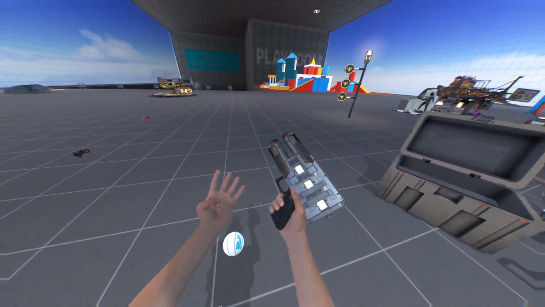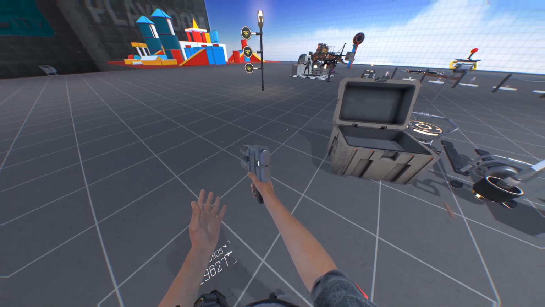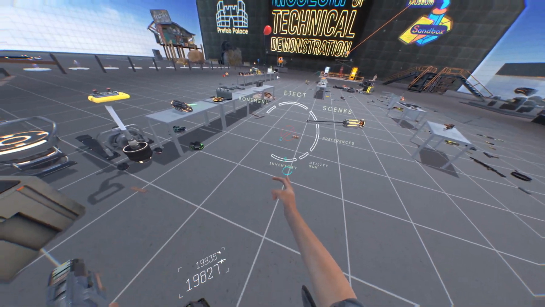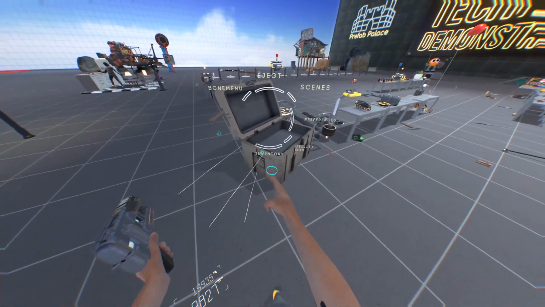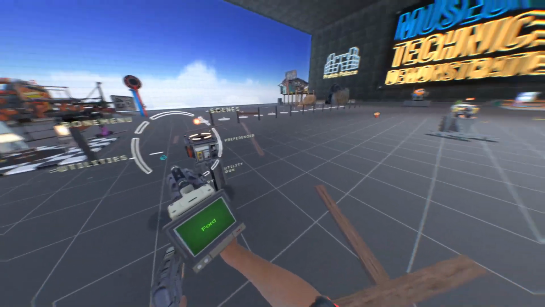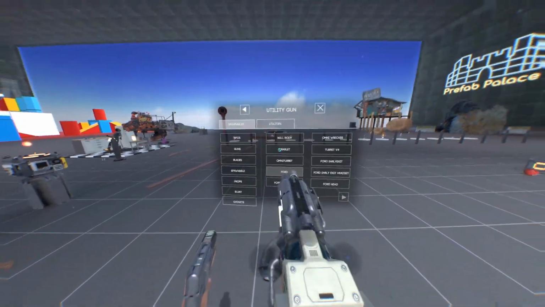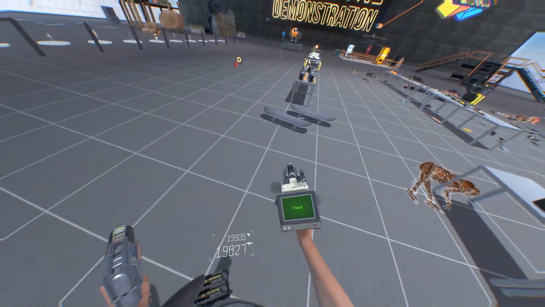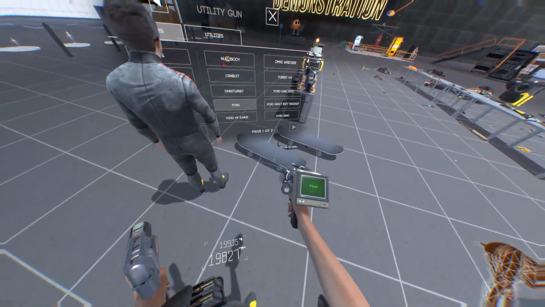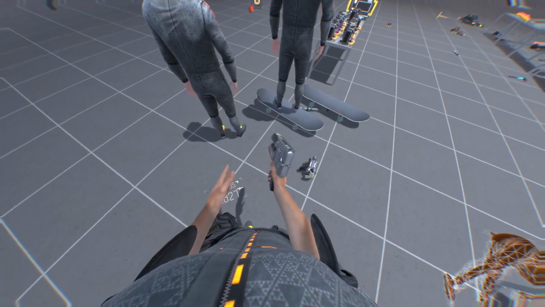So one of the coolest guns is this one. I don't know what it's called. So what it does is it like creates things between two objects so they get stuck together. So we could try and get Ford. Let's get a utility gun. So then we can